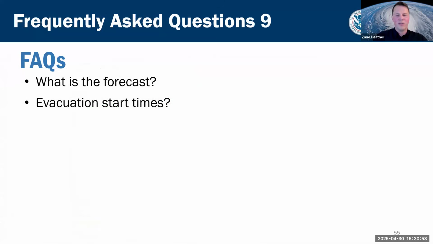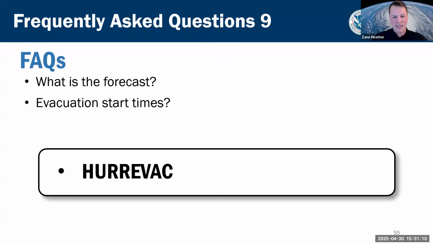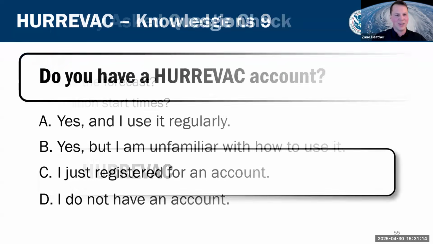All right, so you've got the forecast information. And so your question now is, how do I take all this information and integrate it with my planning assumptions and the hurricane evacuation study or general evacuation information that I've developed to help inform operational decisions? And the answer to that is HRVAC. And you've heard me talk about and tease this for the past hour here, so we'll get into it now.